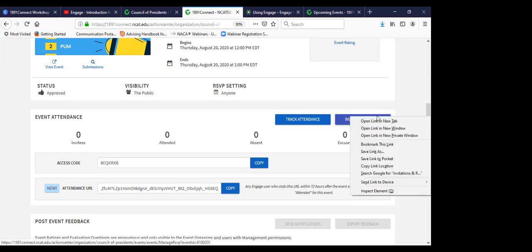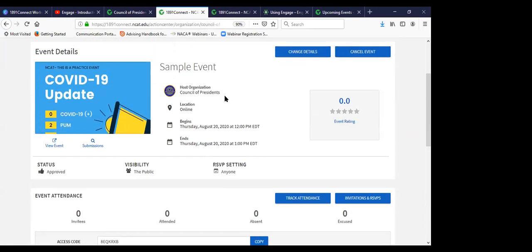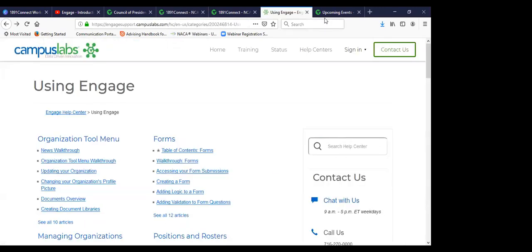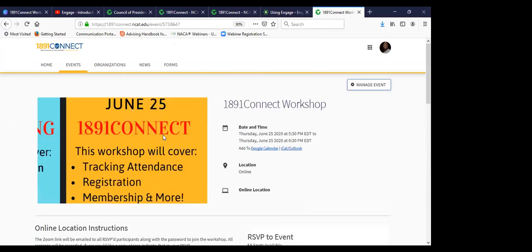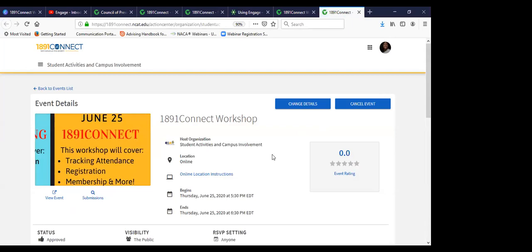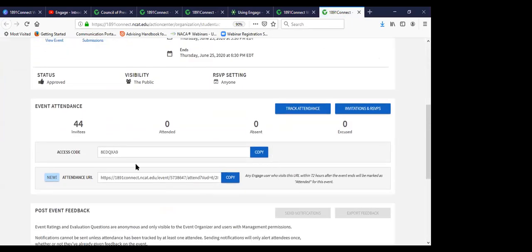I don't know because I just did it. So let me do this so I can still show you all this. Let me go into the one for today. So this is the event for now, right? Currently in progress, posted by the Office of Student Activities. We can see that